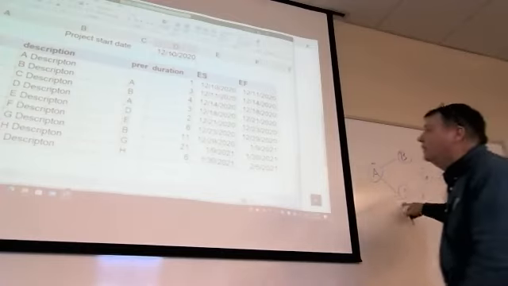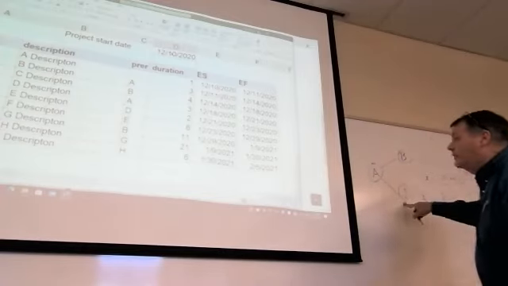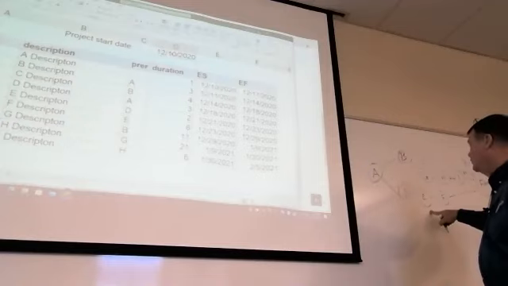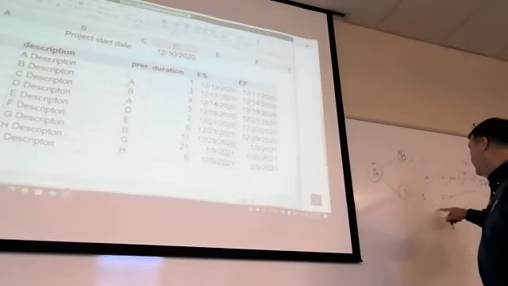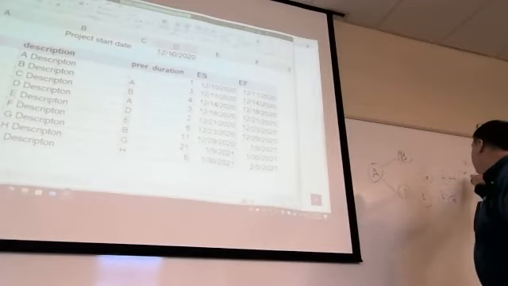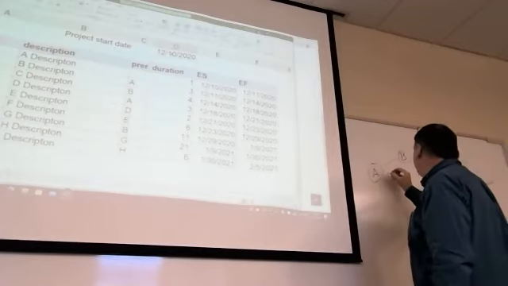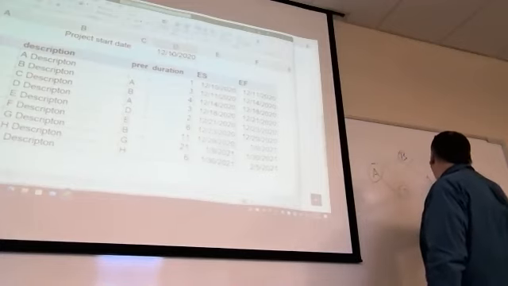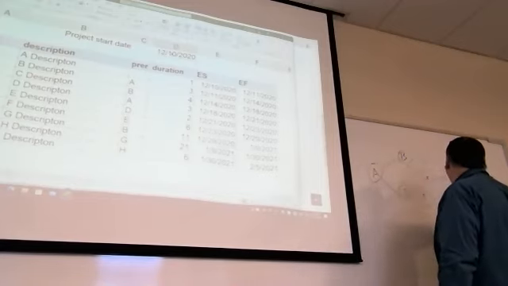And A is 1, D is 2, that's 3, E is 2. Is that right? E is 2, yeah. So that's 4, 6, F, 6 more, that's 12. So your critical path is A, B, G, H, I, finish.